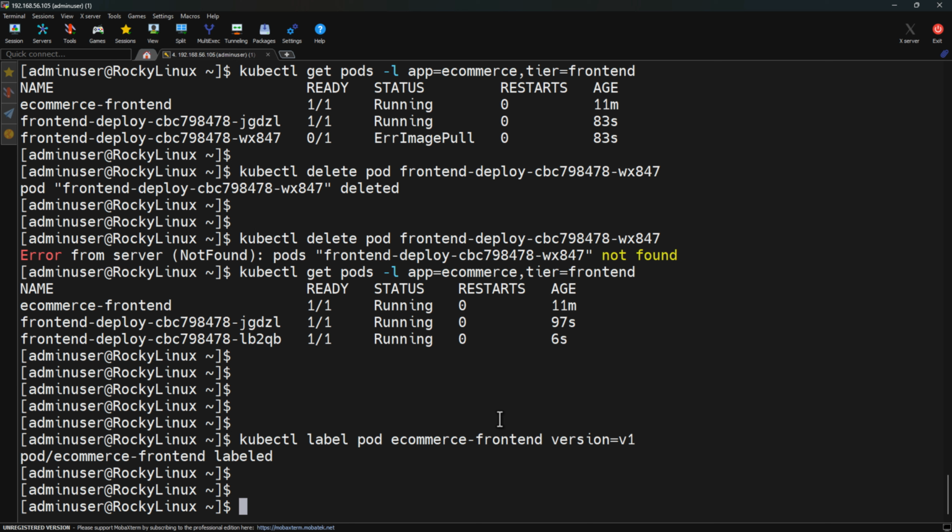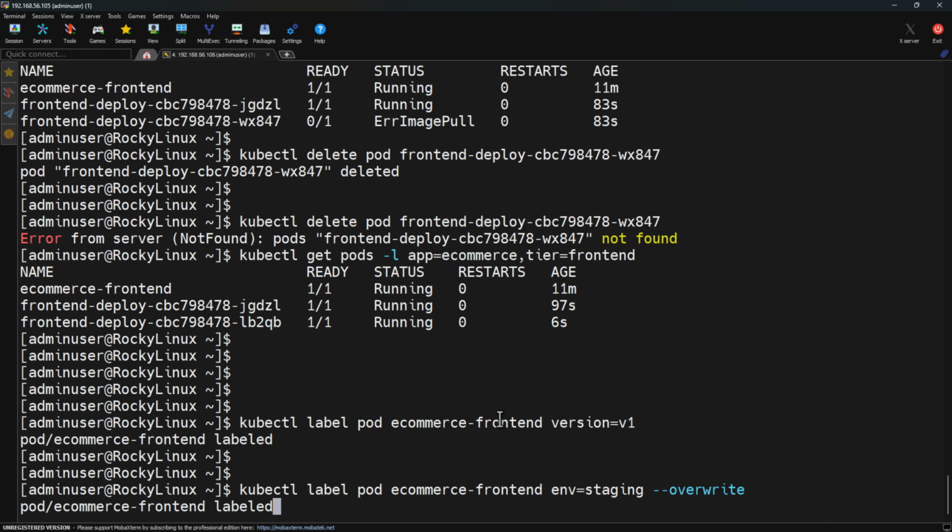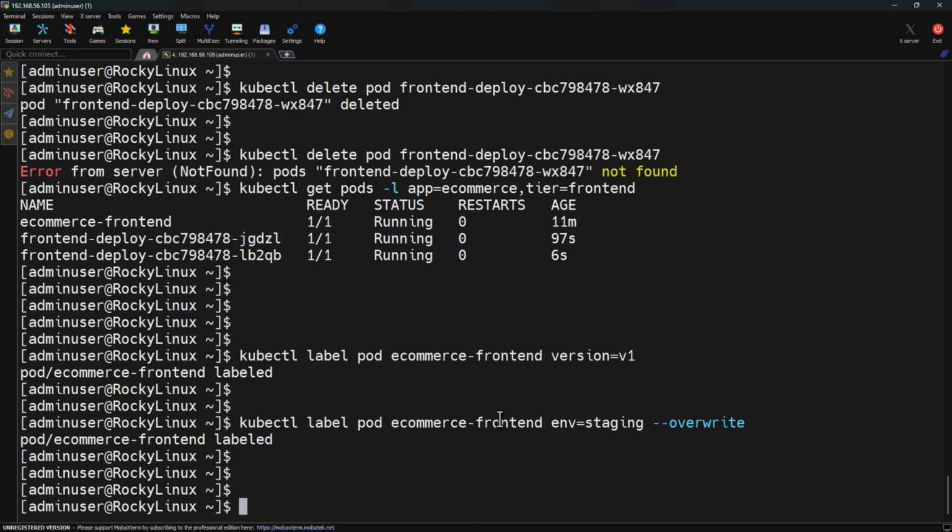Now I want to overwrite an existing label. kubectl label pods e-commerce front end, env equals staging. I will mention overwrite. So let's verify now. kubectl get pods